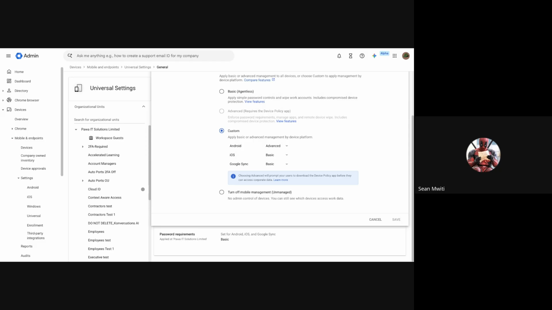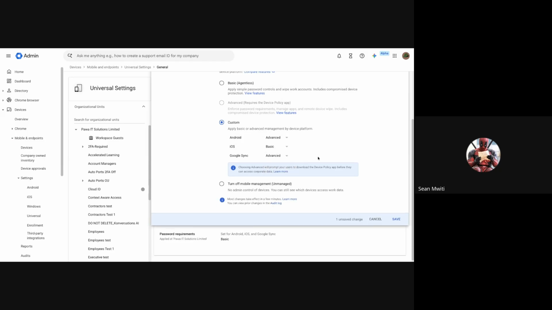And also sharing between the personal profile and the corporate profile is prohibited, whereby you cannot share, for example, a file from the work profile into the personal profile for other dissemination purposes. This is blocked entirely. So this only works under the advanced settings, which you can set for Android and Google Sync. Normally these are set as basic, and iOS doesn't have the advanced, as I said, but Android has. And then Google Sync also has advanced, and then you can also set up and